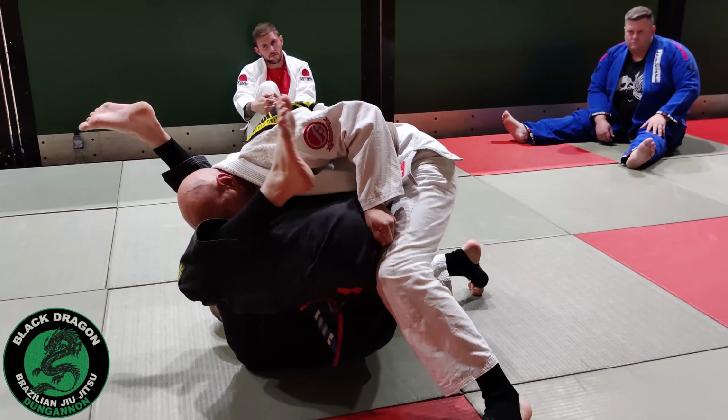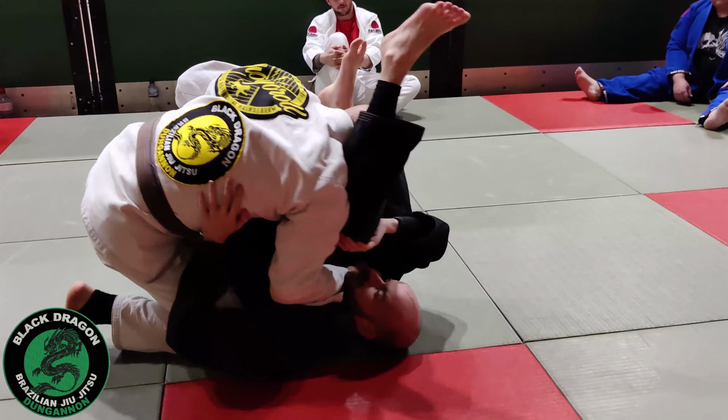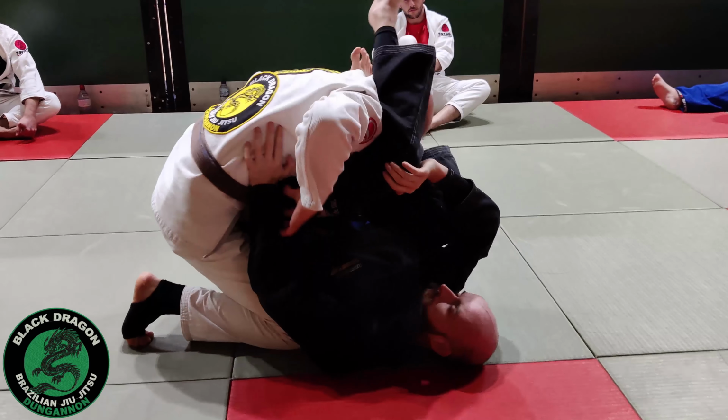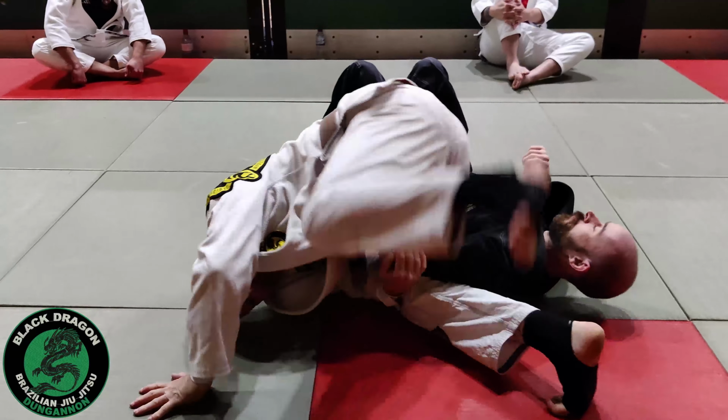Once I get to there, my knee has replaced my hand. So now when he's pressing with this hand, my left hand's free. The minute I get this and I have him uncomfortable, I just turn to face his legs and stuff this into my hip. And then from that position, I can work